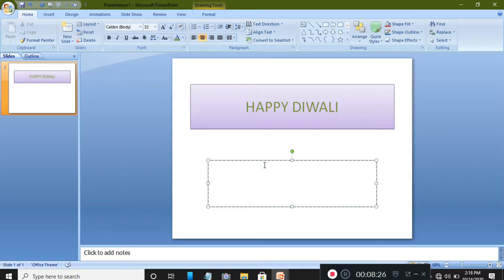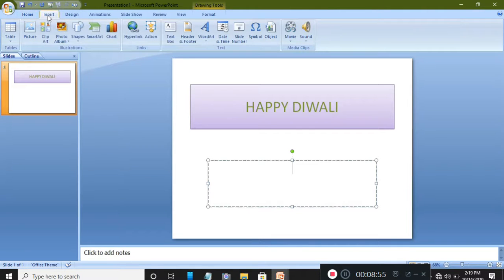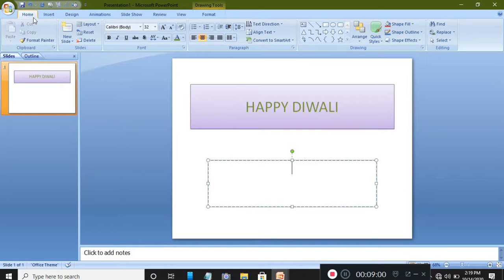Now let me tell you what will be the next step after creating a title page. Next will be to add more slides, right? This is our first slide. Now suppose I want more slides to express my thoughts or my words to the audience. I want more slides. So what we have to do during making a presentation file, we will go back to the insert option. Okay, sorry, we will not go back to the insert option.